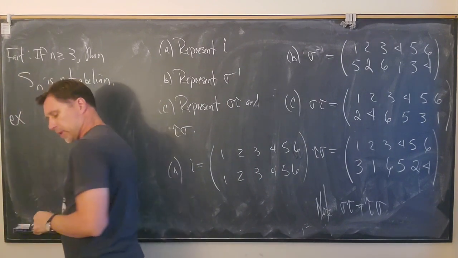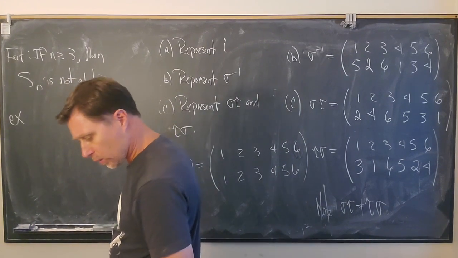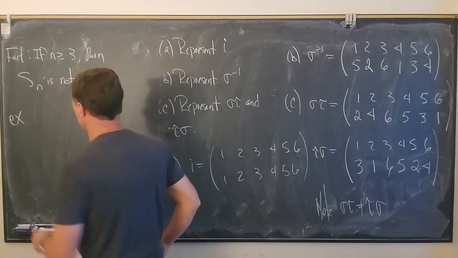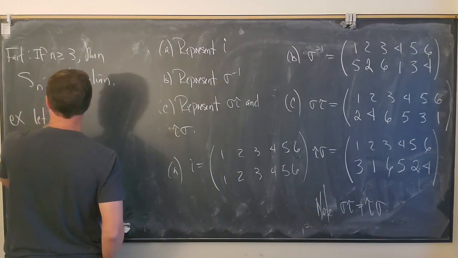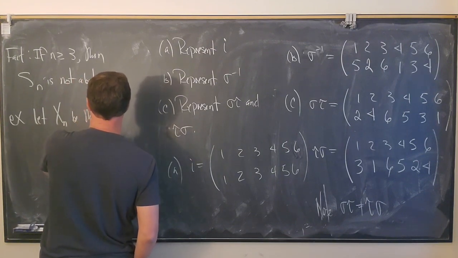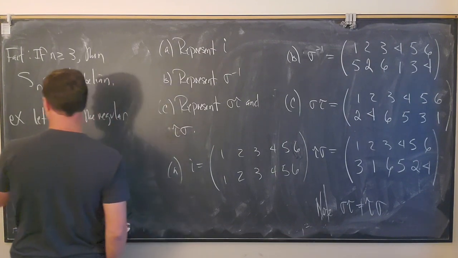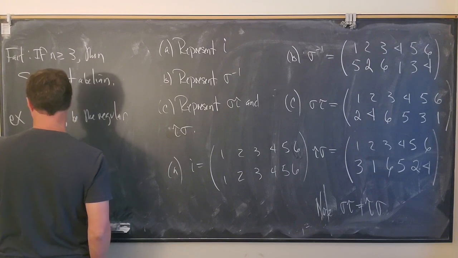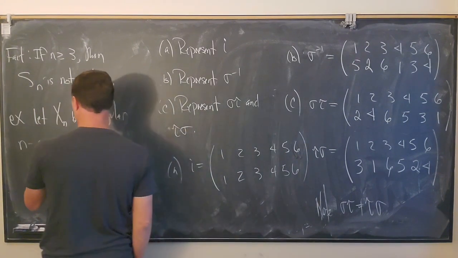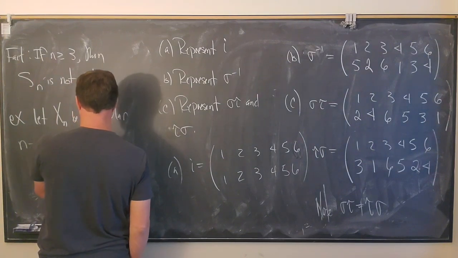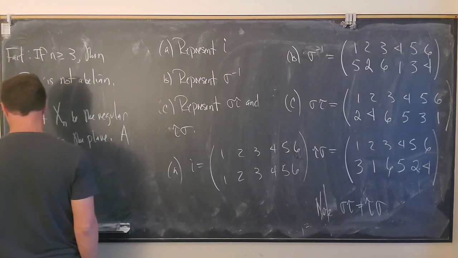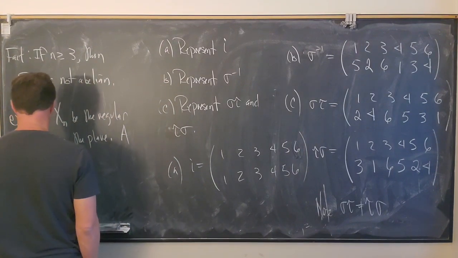So I'm going to do an example now. And what I want to do is take, I need an n-gon. So let's give a symbol here. Let's let x sub n be the regular n-gon, just in the plane. A rigid transformation